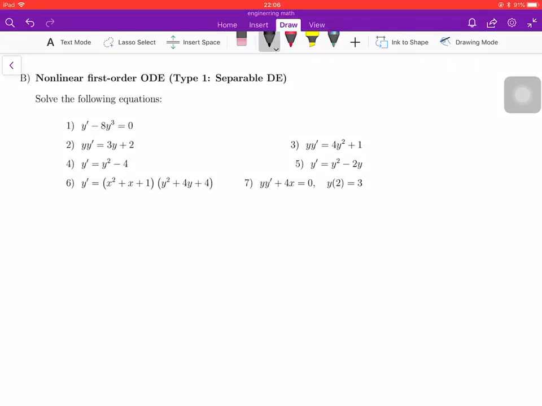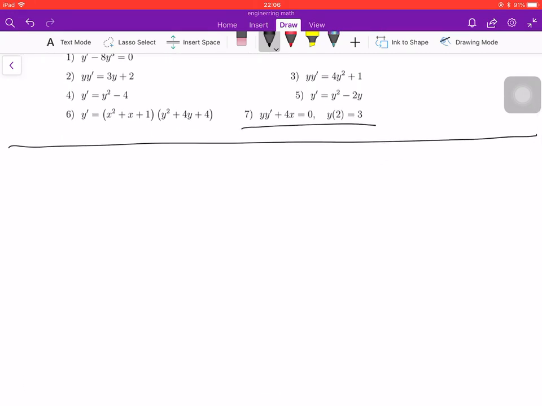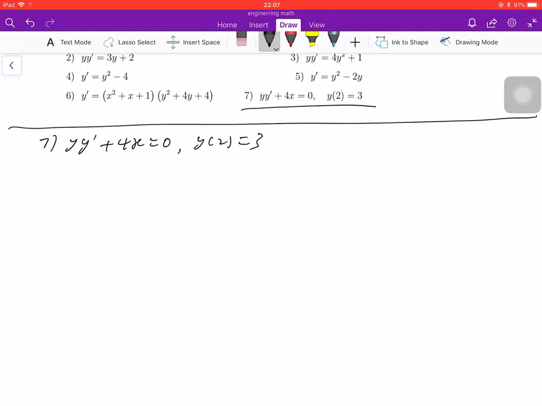Okay, now we see question 7. Find the particular solutions. So question 7 is about finding the particular solution. We have y prime plus 4x equal to 0, and then y of 2 is equal to 3. Now we write this, y prime is equal to dy divided by dx, and then 4x move to the right